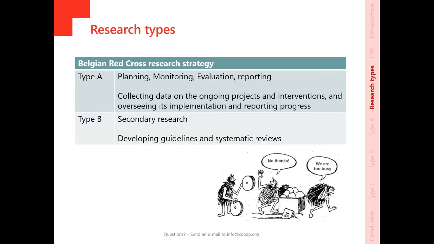It means that we won't start our own field studies, that we won't start collecting data, but that we will look in existing literature to find studies that have already investigated the research questions that we have. It is not always necessary to reinvent the wheel. In fact, in most cases, other people will have already looked into the same questions you have. And this is what we do when we try to create guidelines or systematic reviews. We look for existing research studies and try to put them all together to formulate one conclusion.